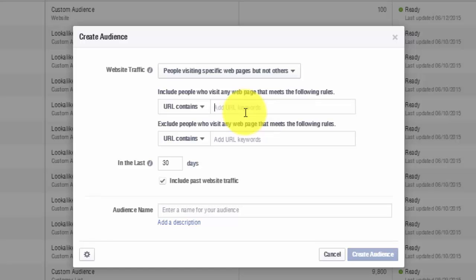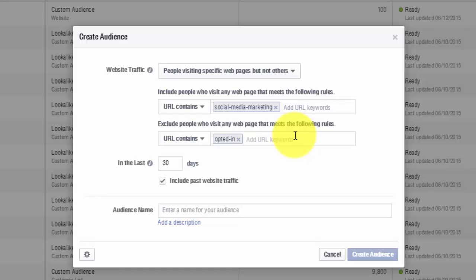So if I wanted to build a whole audience of people who were interested in social media marketing, I would just make sure that every page I created with content about social media marketing had the word social-media-marketing in it, right? And then down here where it says exclude these people, if every time they opted in on a thank you page, I knew that page was going to have the word opted-in or thank you, or whatever keyword you want to put on your opt-in page or thank you page,